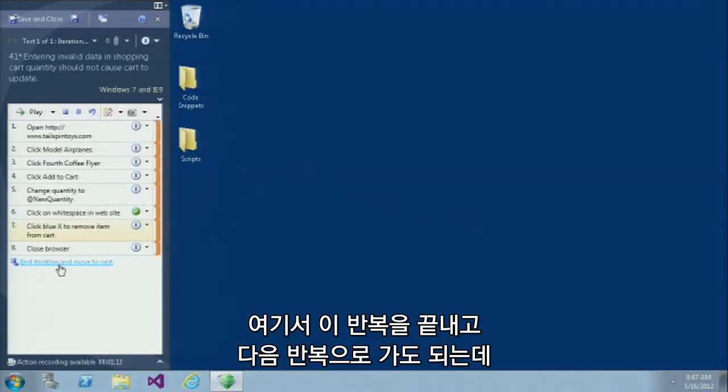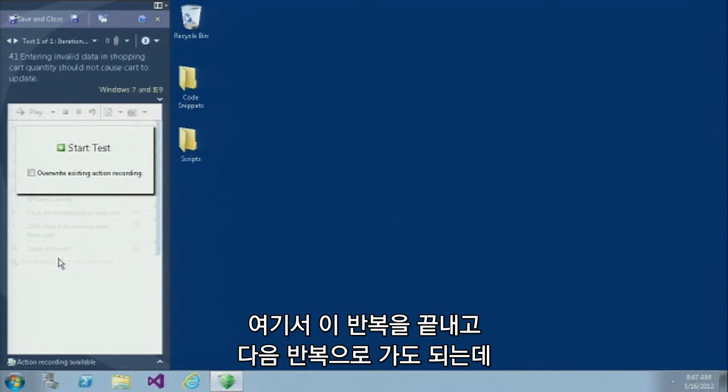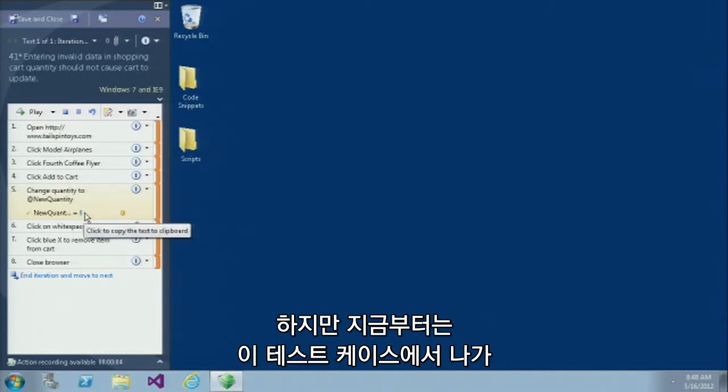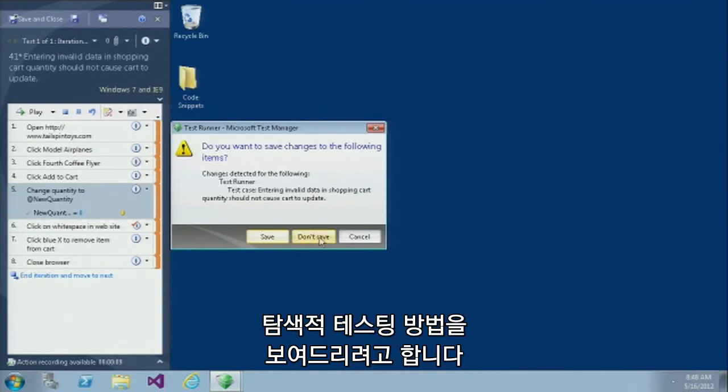And at this point, I could end this iteration and move to the next iteration, which is then going to ask me to validate using the next value in that list of test parameters. But what I'd like to do now is actually cancel out of this test case and show you another approach,